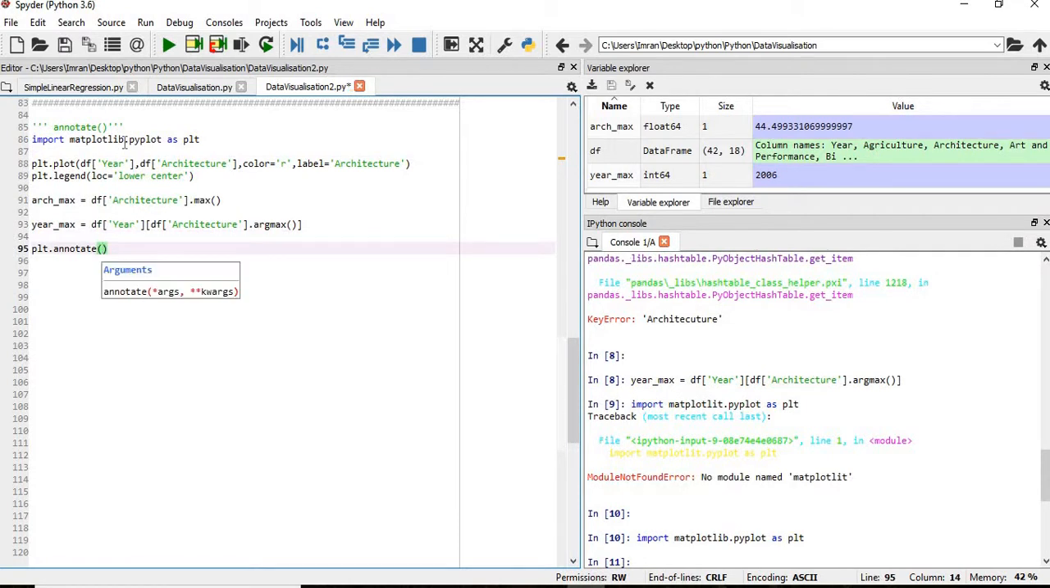plt.annotate. What message do we want? We want the text there to be max. And then xy is the position where the arrow should start. Where will my value start? So year underscore max, arch underscore max. Here xy is equal to the starting position of my arrow, and then until where my arrow will end, it will be year max plus 5,